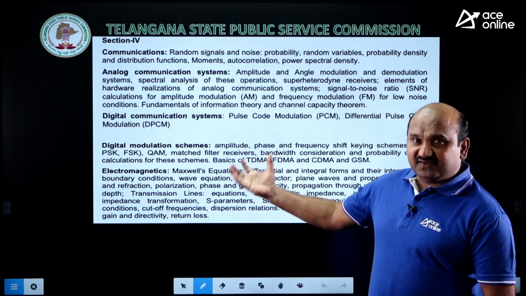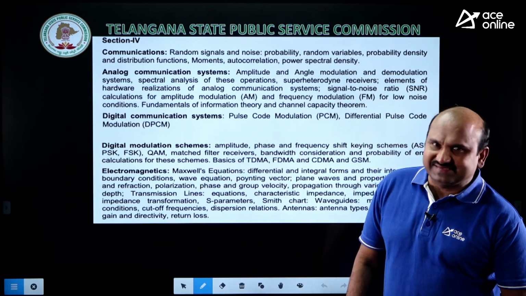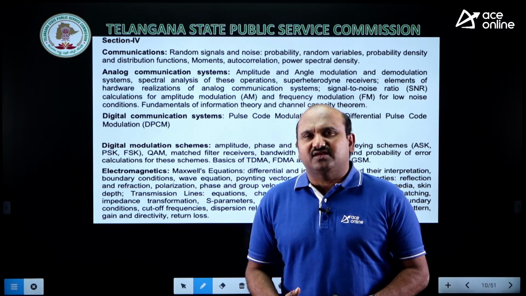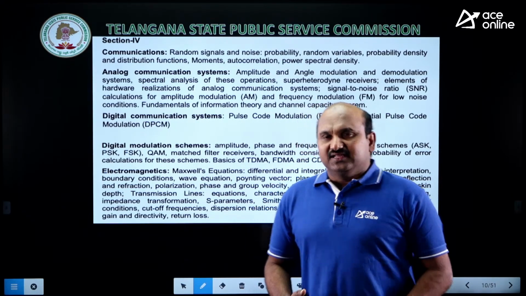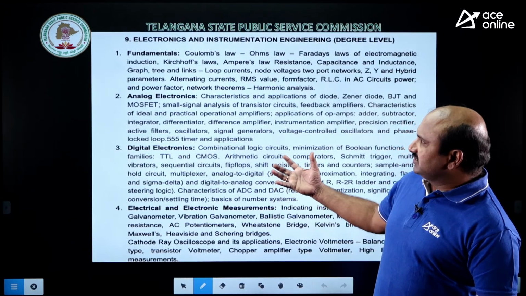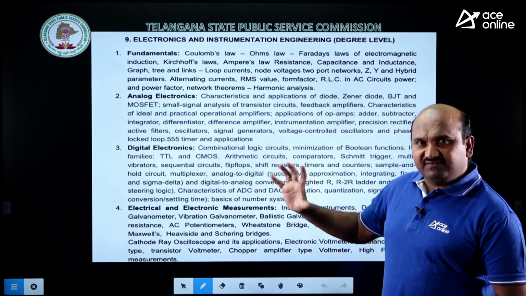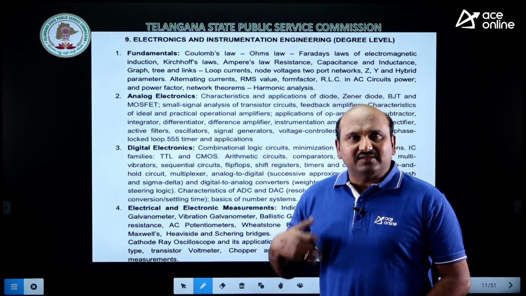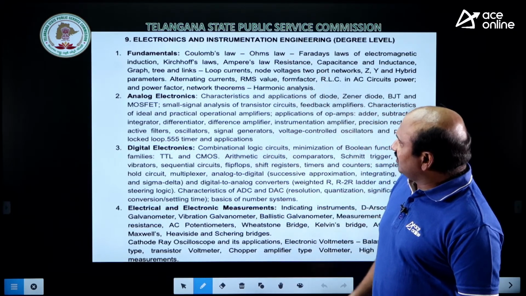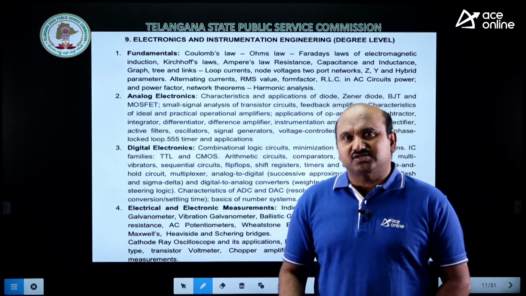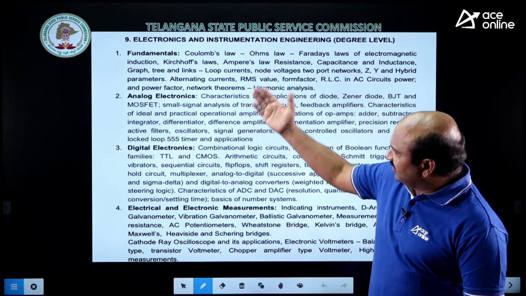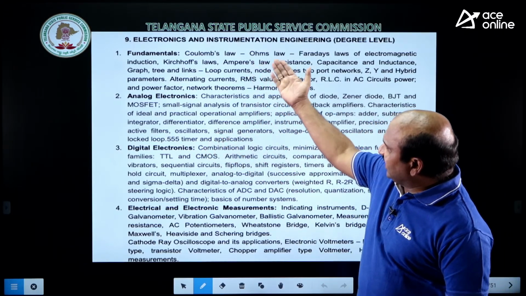But if you see, networks and electromagnetics under electrical engineering were there. Now, I am the faculty under electrical engineering with the subject networks, right? That's why first I would like to consider what the syllabus is here. This is the syllabus under instrumentation engineering also. Both are having the common syllabus. That's why the network subject we are going to discuss commonly. Now, this is electronics and instrumentation. The instrumentation students are also eligible to write this examination under this syllabus, okay? And my subject, if we take the fundamentals, we are having networks.